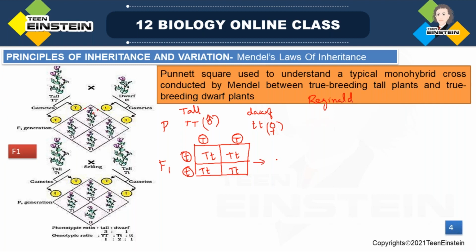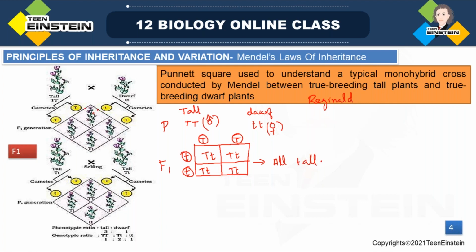So in F1, again with the help of the Punnett square, we are explaining the same concept. Just before writing, read the question to see whether they are asking for a monohybrid ratio with the help of symbols, or with the help of a Punnett square. You have to check the question and write the answer.